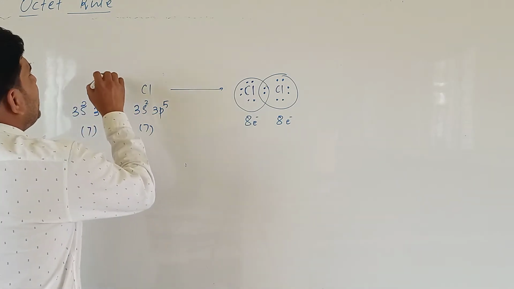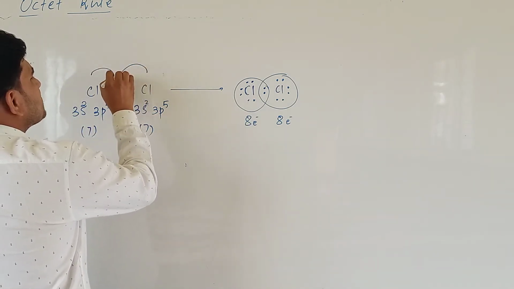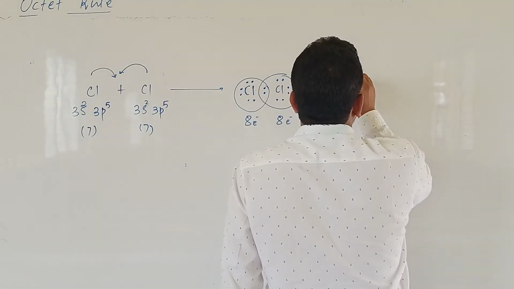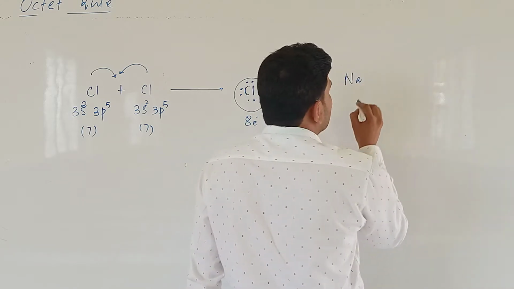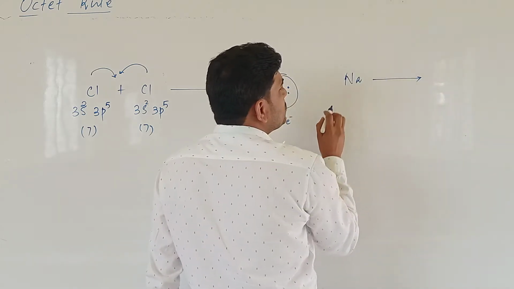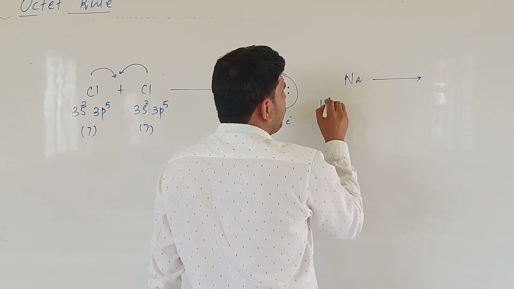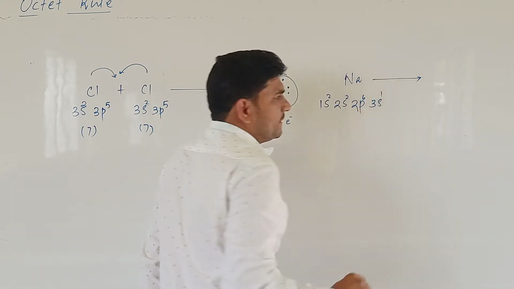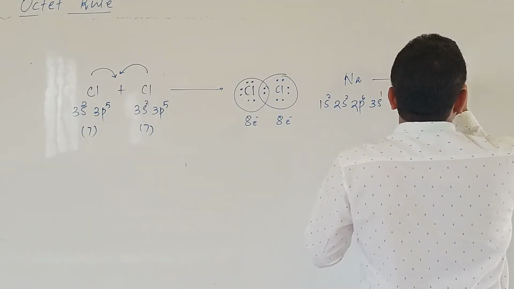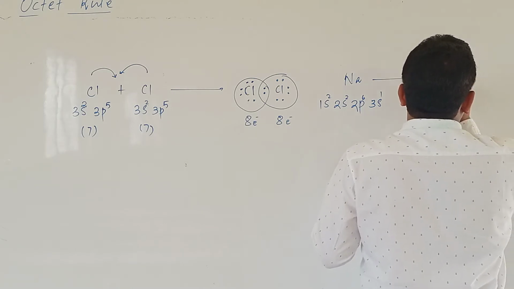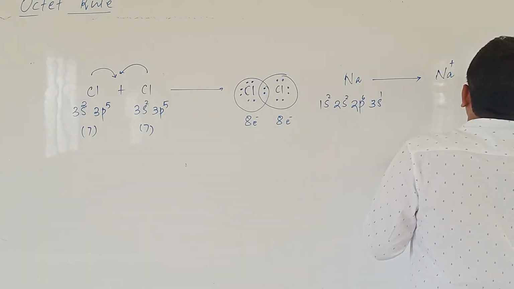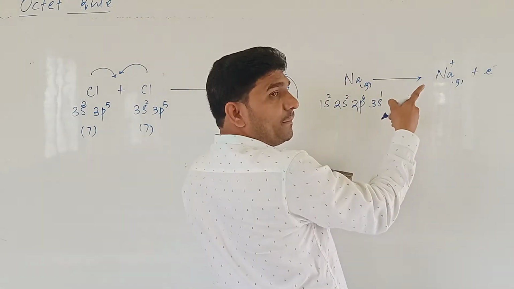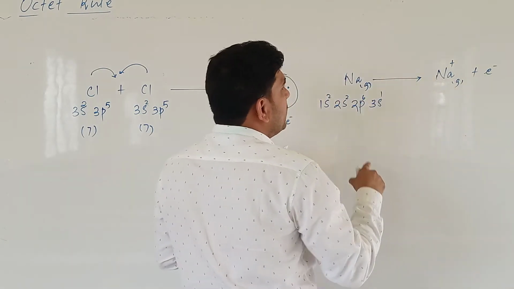And even over here, actually what happens? Sharing of electrons happens. Means each chlorine atom shares its electrons. If you take the sodium chloride formation, actually sodium chloride formation takes place in this manner. What is the outermost electronic configuration? If you write the electronic configuration, 1s2, 2s2, 2p6, 3s1. Now, when sodium loses 1 electron, it becomes sodium cation by the loss of 1 electron. This is in gaseous form. Sodium atom gaseous form. Sodium gaseous cation is formed.